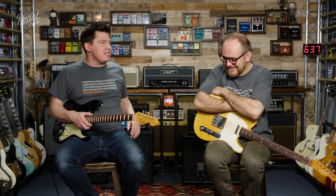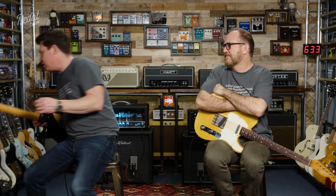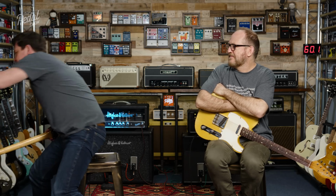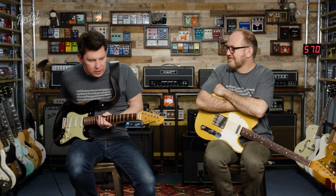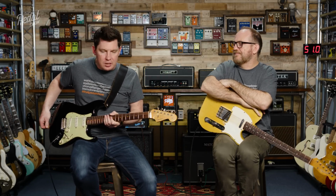Fuzz and Wah, number 6. Nice. Right, Fuzz and Wah. I've got to put a guitar strap on for this. I apologise because I can't wah sitting down. So Fuzz and Wah, of course, you can't not think of Jimi with Fuzz and Wah, but it does cause some problems. Right. Because of the way the fuzz pedal and the wah interact. Namely that